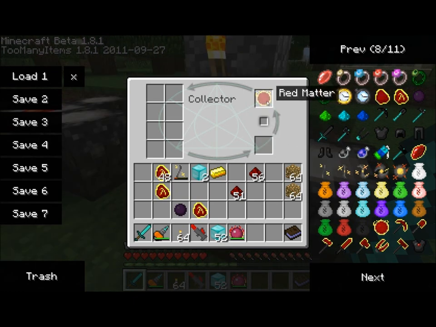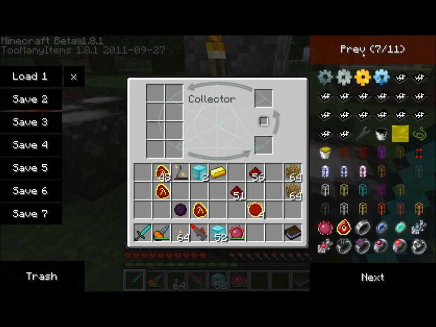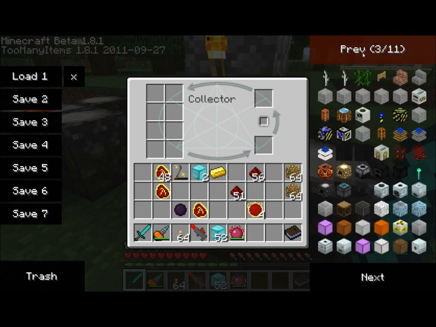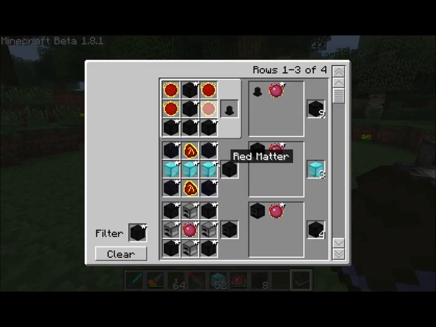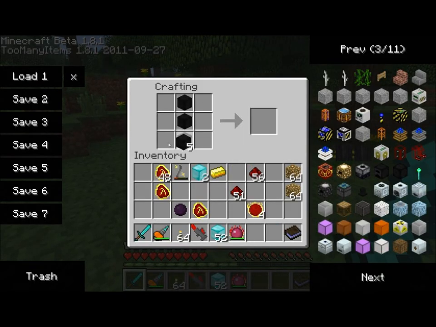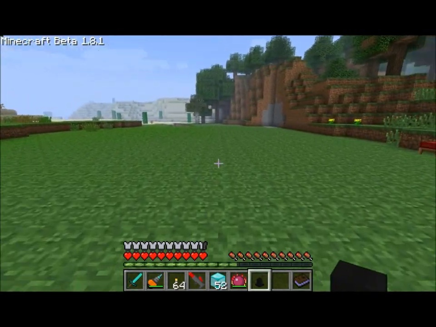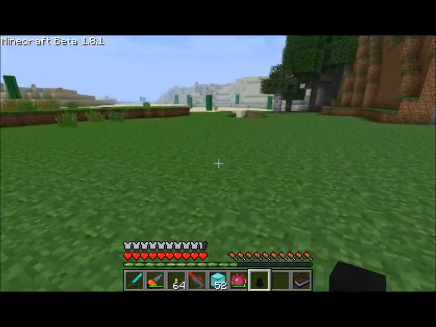Alright, all done. We got some red matter. Awesome. And since I need a little bit more, I'm just going to get myself some out of TMI, as well as the dark matter block that I'm going to need here. Yeah, that's all I need. So let's make ourselves a pedestal. Very cool item, again made with red matter. And the pedestal is pretty neat, if I do say so myself. Just place it down on the ground,